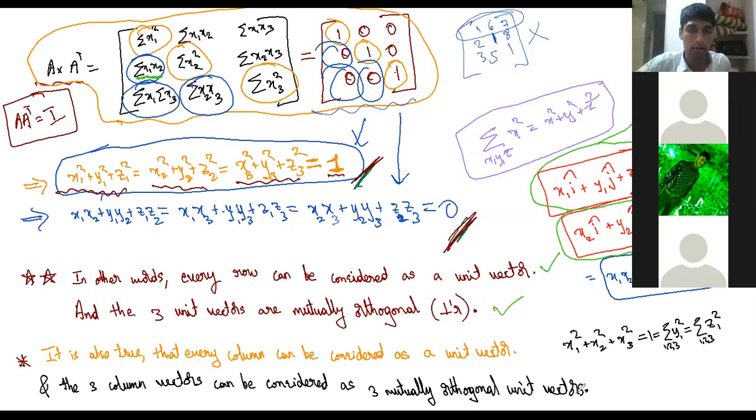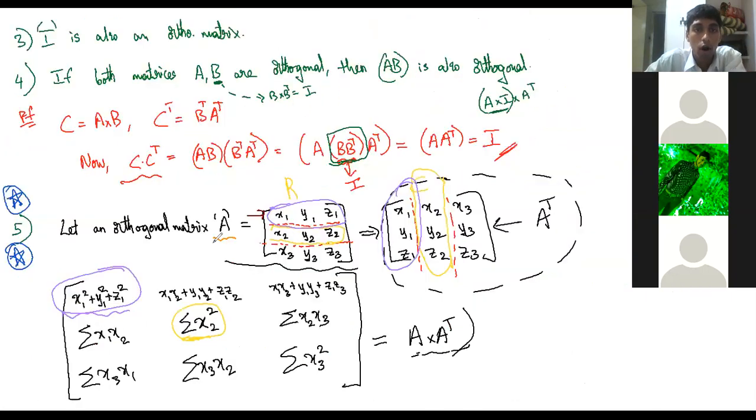ये point सबको digest हुआ क्या? Are you guys able to appreciate or at least understand this point? You still might be shocked, sir. How it is possible? Will it really happen? Yes, it will happen. We'll go to the examples in a while. But mathematically, at least, is everyone able to agree? I said because whatever is true for A, if A is orthogonal, we're able to prove all this. The second property is telling A transpose is also orthogonal.